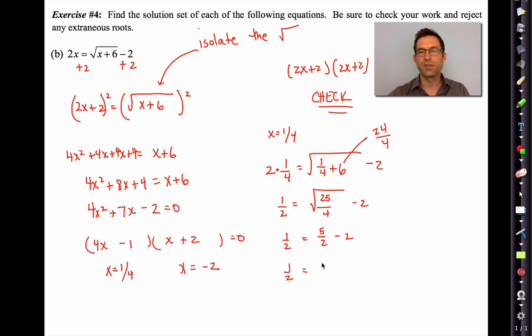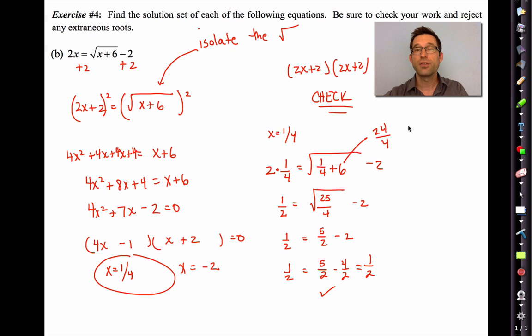And you could do some of this on your calculator. Obviously, I'd have 5/2 minus 4/2, which would be 1/2. Oh, so the 1/4 is a good root. Well, at least checking x equals negative 2 probably won't be as bad. Well, let's take a look. 2 times negative 2